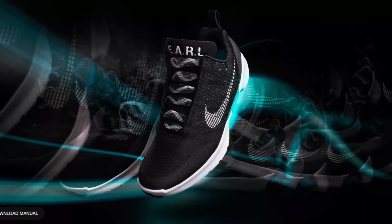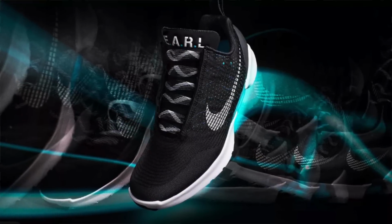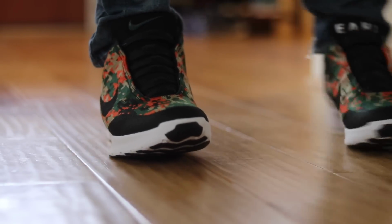So this is supposed to be the next best thing, right? Well, unfortunately it fell flat. So in 2017 they actually released the Hyper Adapt 1.0. First self-lacing sneaker to really be on the market. Where could this go wrong? Well, the price point was $720, first of all, and that's a pretty big chunk of change, obviously, for sneaker people. But the other part of it that I found out after I got a pair of them and then